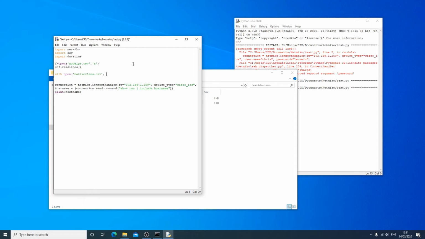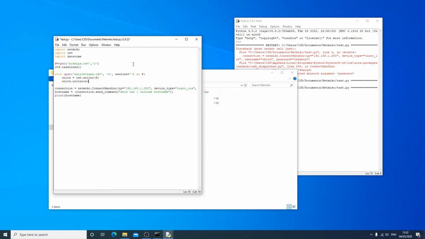I am going to give it write permissions, and we want a new line for our outputs here, and we're going to save that as F as well. So we are going to write. This command here is the write command we've created for our CSV writer, just to make it a bit easier. So all we now need to do is type the word write, and we can do write row,